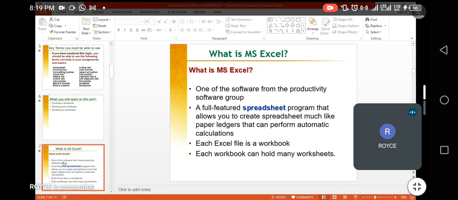Microsoft Excel is a full-featured spreadsheet program that allows you to create spreadsheets, much like paper ledgers. I'm sure you're familiar, I don't know if you use paper ledgers. They actually had rows and columns, and also small boxes like cells, which helps you to perform some calculations. So that's how spreadsheets are. And I should also be quick to mention